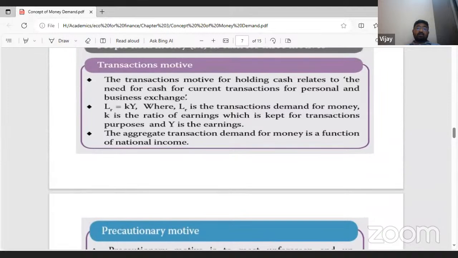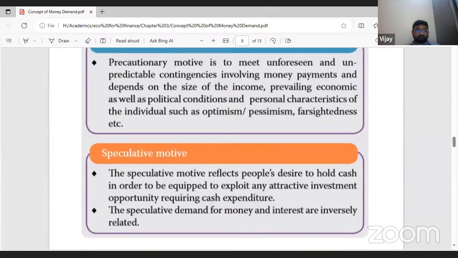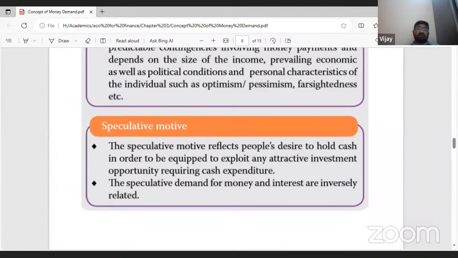Sir, in the transaction motive, the need for money increases when the price of goods and services increases. So the price and the demand for money will always have a direct relationship. This is what the precautionary motive is, to meet unforeseen situations. Now, the speculative motive. Here, sir, people demand money